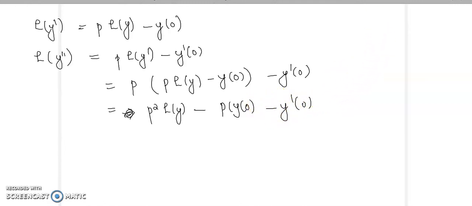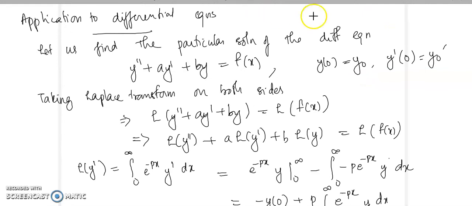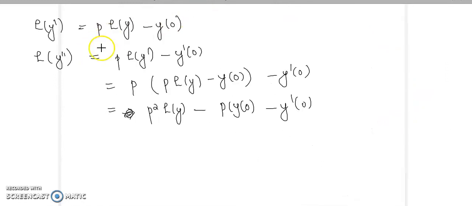Now let us call this equation as 1. Now we have got L of y dash and L of y double dash. Now we will look at how to solve for this differential equation. So let us substitute this in equation 1. So substituting in 1,